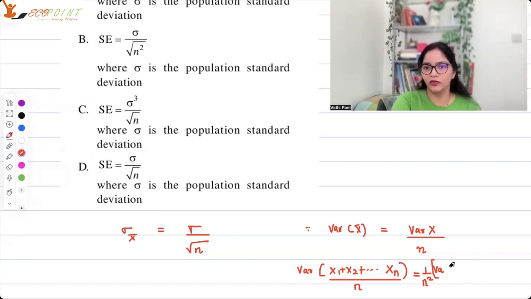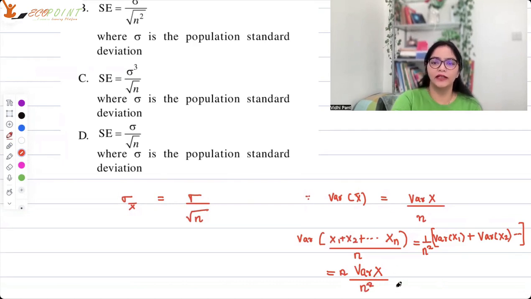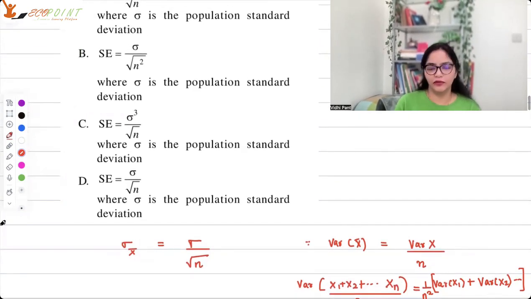This is a property that you should know. So it will be variance of x1, variance of x2, so on and so forth till n. So therefore you have n times variance of x. All these will have variance x upon n square, and hence you get variance x upon n. And therefore, if you have to do it quickly, of course, you should be reminded of the formula, that standard